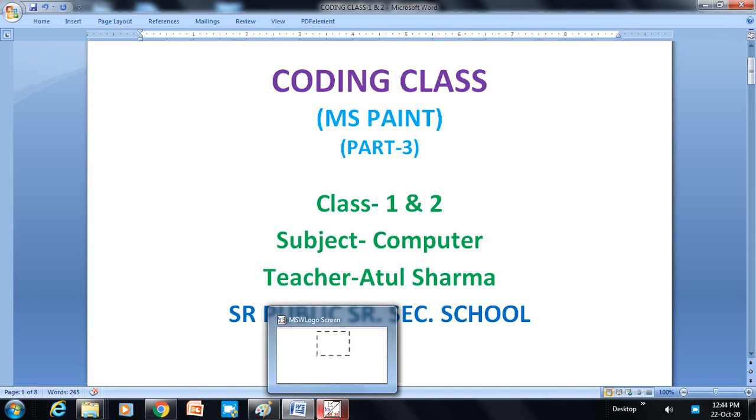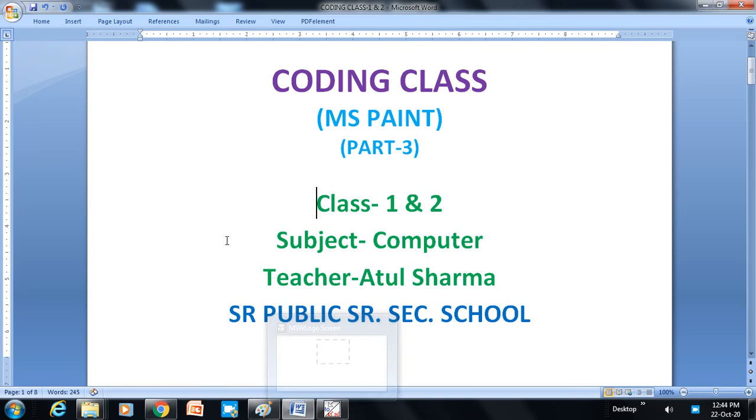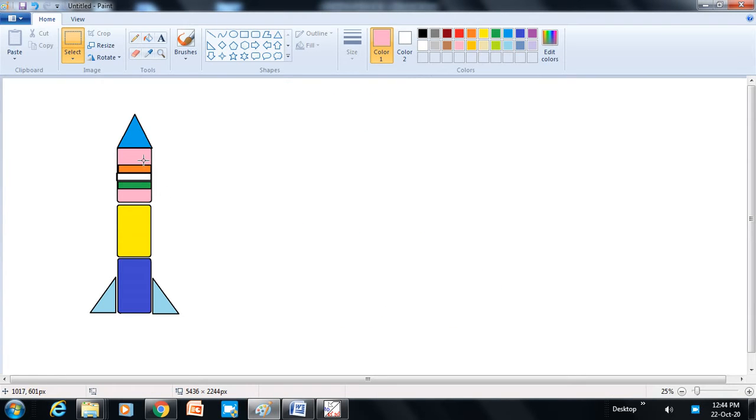In this video, we will learn how to create a rocket with the help of the Shapes tool. We can create this rocket with the help of the Shape tool. So students, let's start. First of all, just identify the shapes which we are using to create this kind